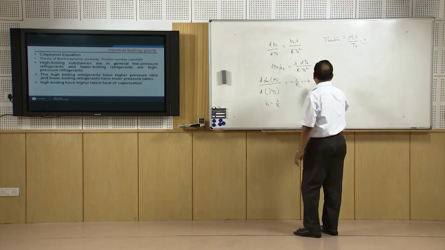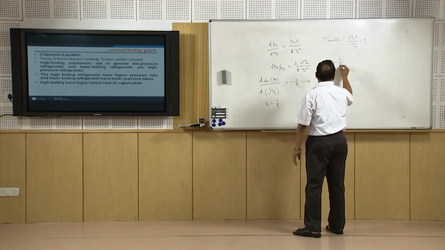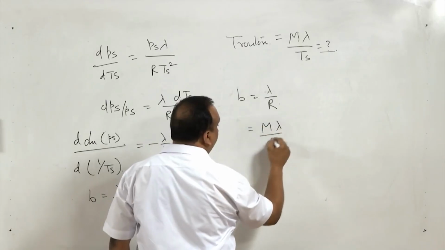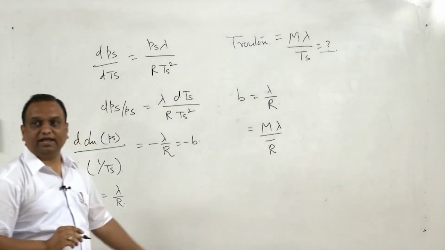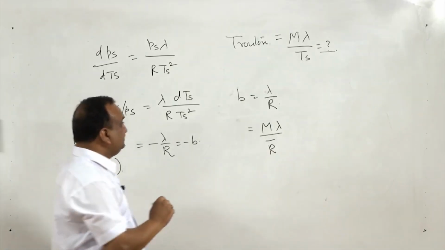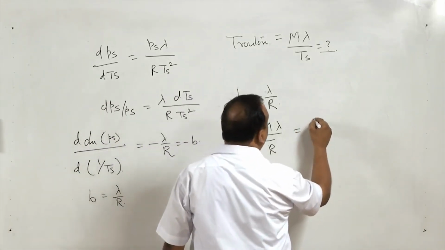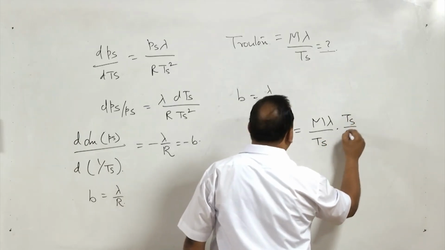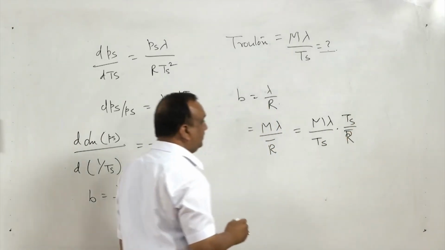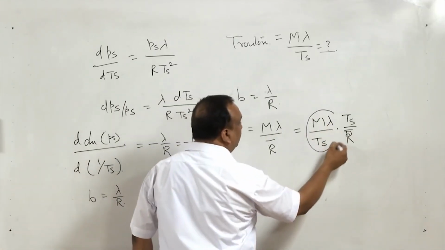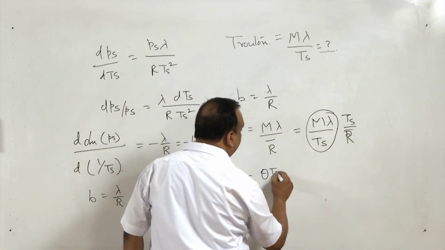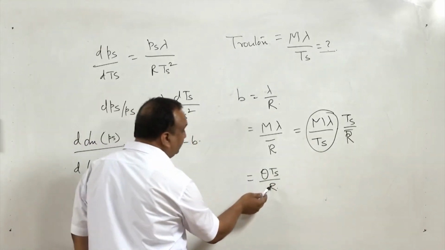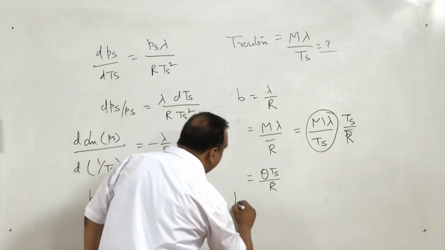So, in case of B equal to lambda by R, if we replace R by the universal gas constant, it becomes M lambda over R bar. Universal gas constant is the same for all the gases. Now, it can further be written as M lambda over Ts multiplied by Ts upon R bar. Now, this M lambda over Ts is constant, and R bar is constant. So, B is a function of